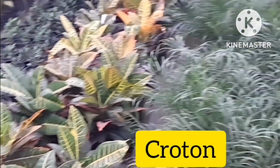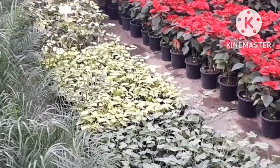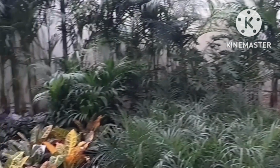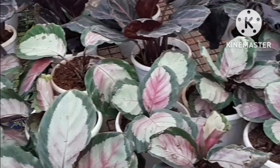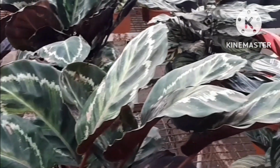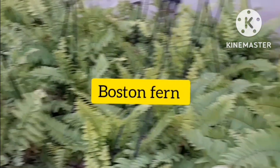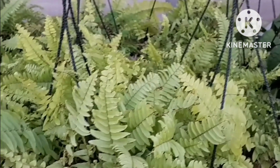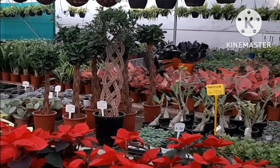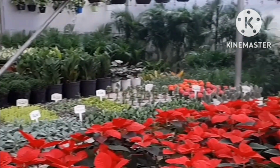Croton plants, palm varieties, zandu plants, poinsettia, calatheas. Very rare, very beautiful, very unique plant. Boston fern in hanging baskets. Poinsettia,